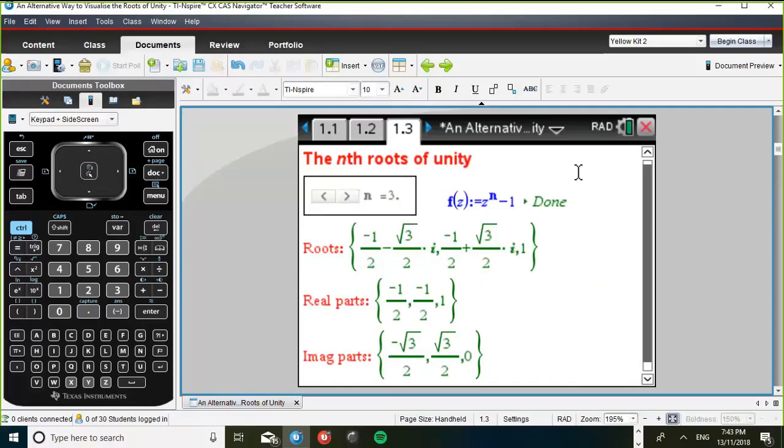We would expect students in solving z cubed equals 1 either to use de Moivre's theorem or to say, well, z cubed minus 1 equals 0, and then factorise as a difference of 2 cubes and get z minus 1 by z squared plus z plus 1, and then factorise the quadratic factor. Just because of time, there are probably a few brilliant questions that I would ask the students along the way that I might not get to tonight, because I also have a focus of teaching you a little bit about the machine. So if we go to the next page,